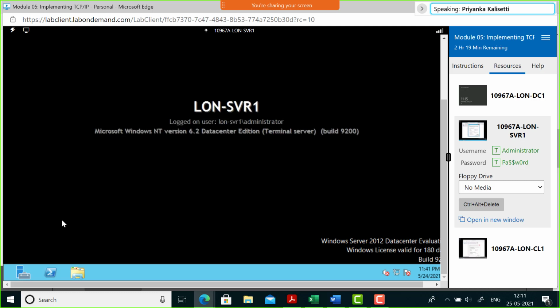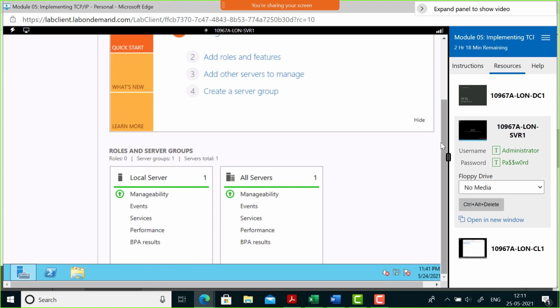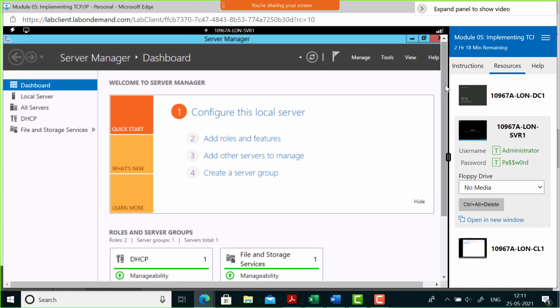Okay, fine. Right, okay. So I'm going to go into Server Manager. Server Manager, right? Now, as I told you, Server Manager is going to be a central pane of configuring everything for the server. Typically, most of the things can be done from Server Manager itself. So, right on the screen, you see something known as add roles and features. So, you want to give more capability to the server. What are you going to do? You are going to give it more roles and features, isn't it? So, I'm going to click on this option called add roles and features.